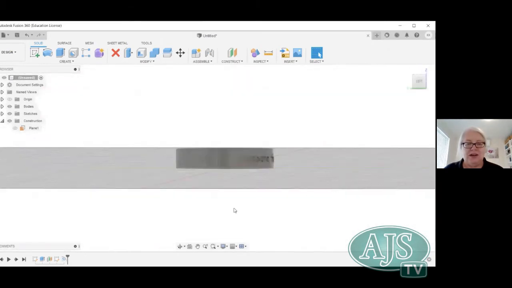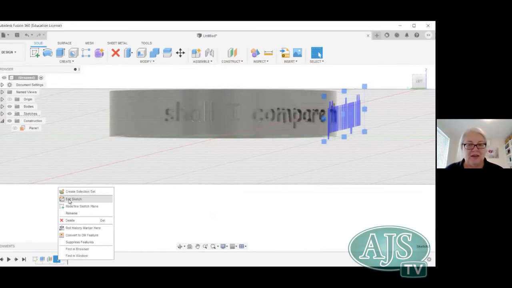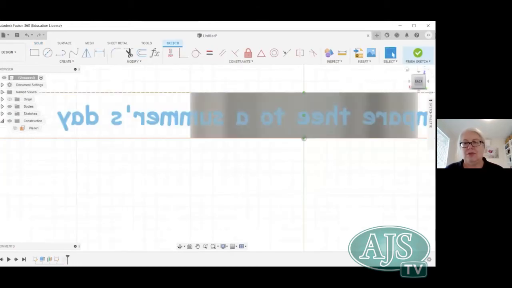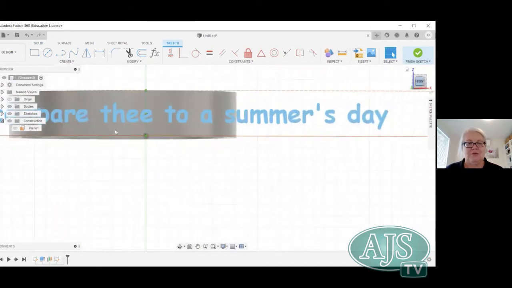Now, if you actually want more spacing in between, you can go back into your edit function. So edit, oh, there we go. And we're looking at the back of it. It's not terribly useful. So back around to the front